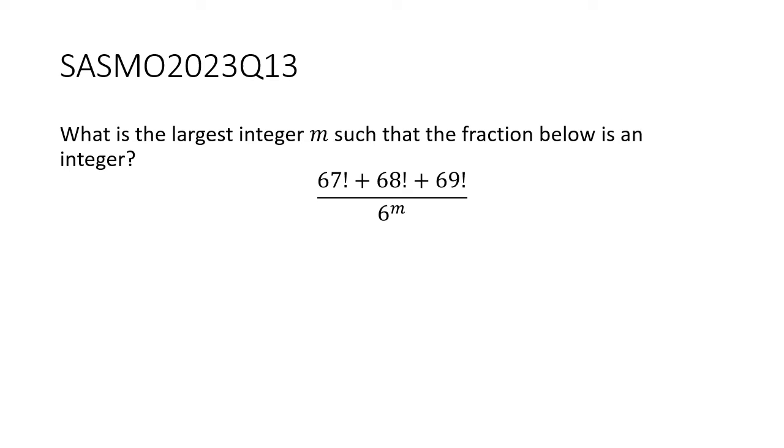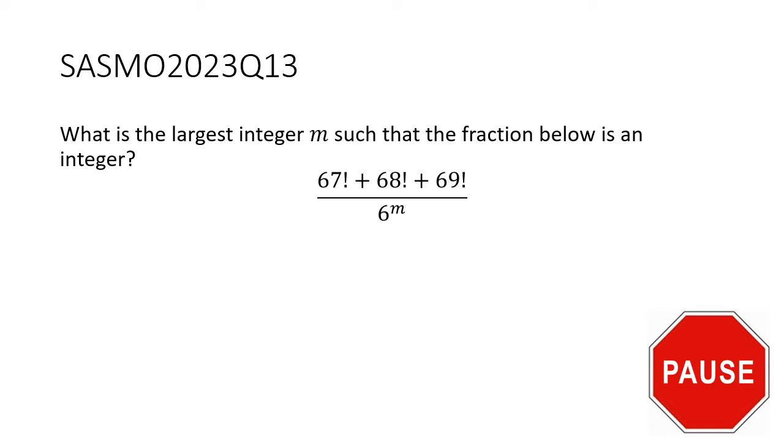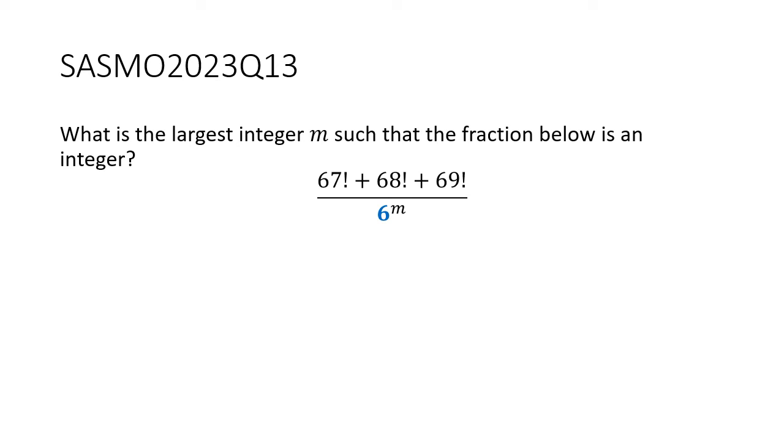Question 13. What is the largest integer m such that the fraction below is an integer? Pause the video here and give this question a good try. Alright, let's cover the broad strategy here. Since we want this to be an integer, 6 to the power m must perfectly divide 67 factorial plus 68 factorial plus 69 factorial. So to work out what is that integer m, we need to know how many factors